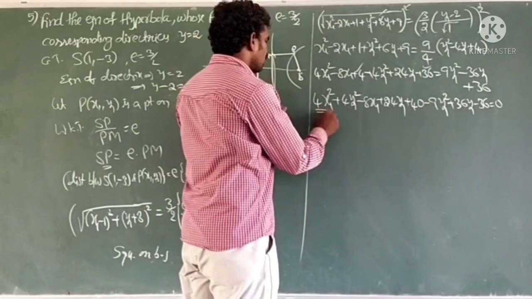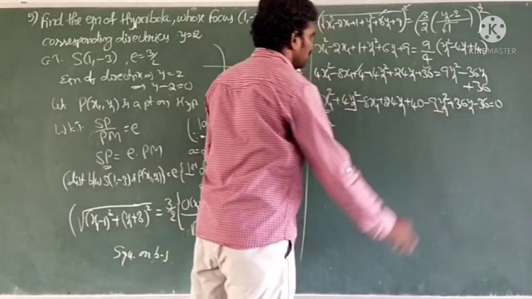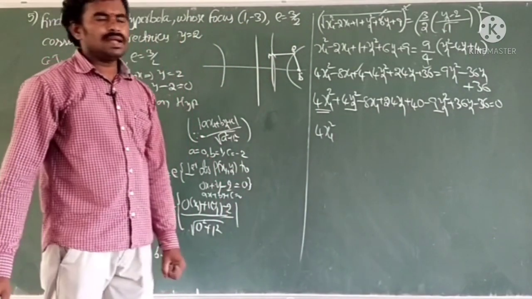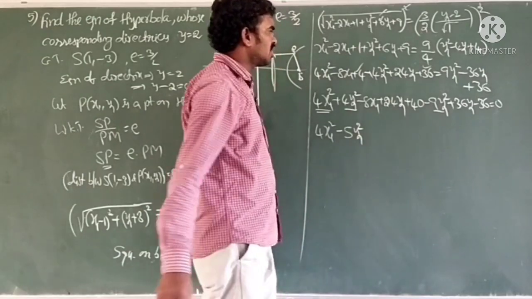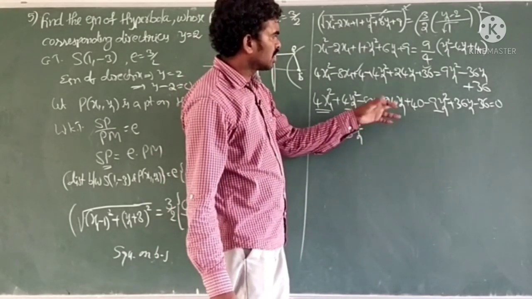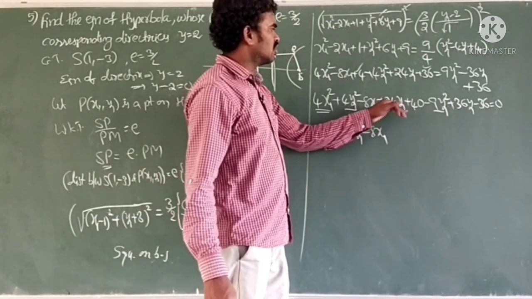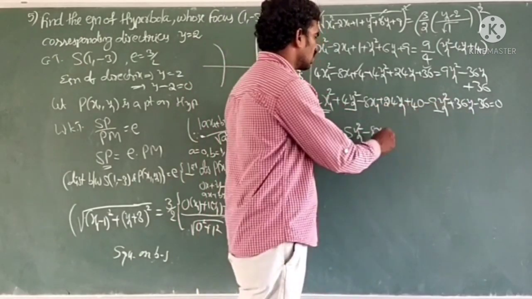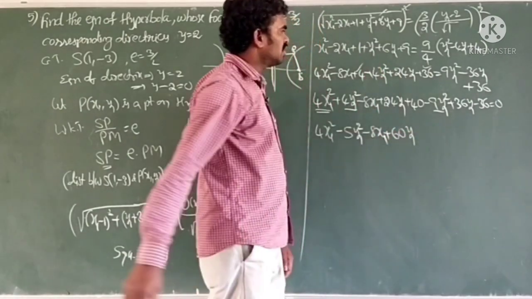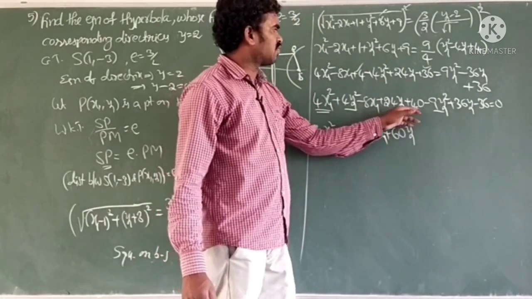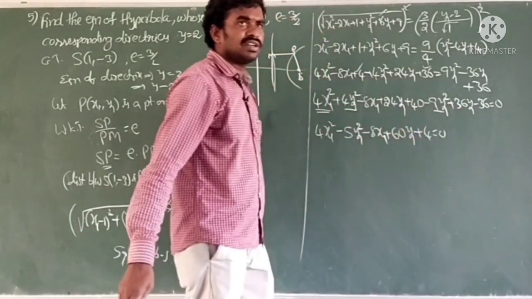So now, x1 square term only 4x1 square; y1 square terms here plus 4, here minus 9, so totally minus 5y1 square; and x1 terms here minus 8x1, that's it, only minus 8x1. y1 terms here 24 are there, here 36 are there, totally how much, 60y1. Okay, very good. Next, constant here 40, here minus 36 becomes plus 4 equal to 0. So this is the equation.